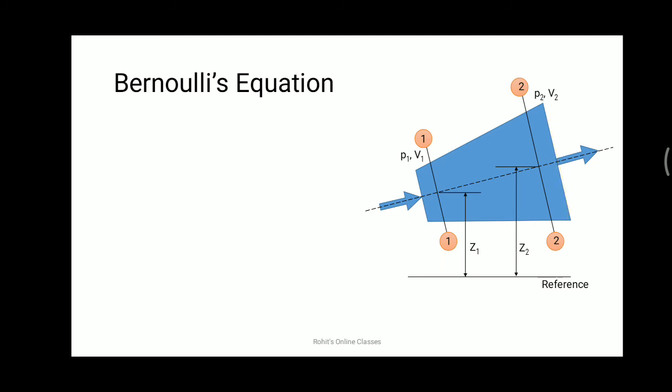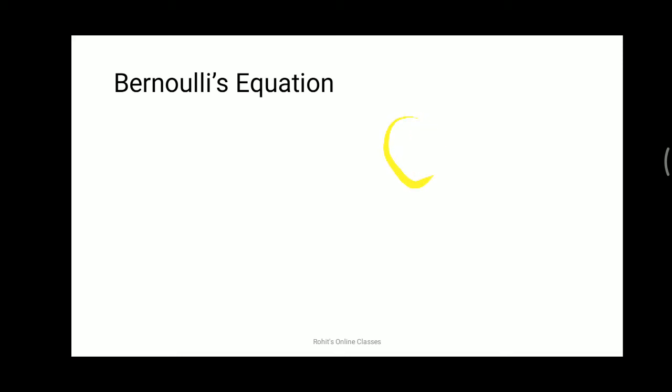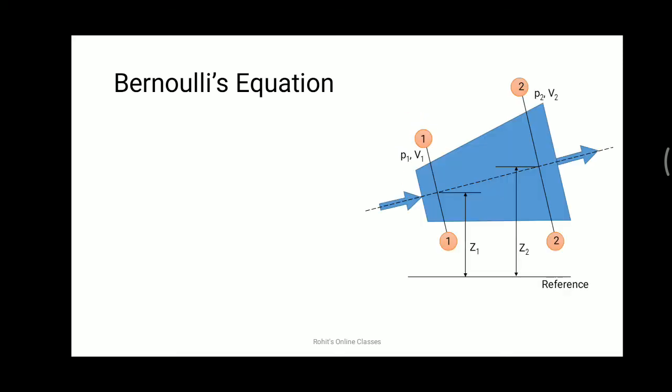So as the area of the inlet is smaller and area at the outlet is larger, so what happens with the pressure and velocity, that you know. Okay, for this you will have to check my continuity equation video. Okay, so in that video I have told the relation of velocity and area for